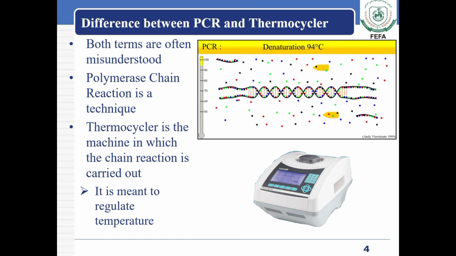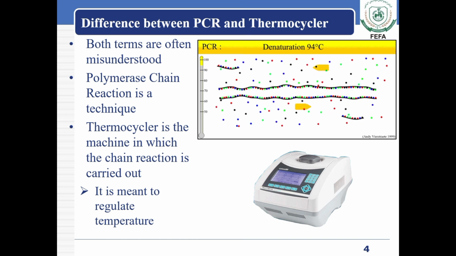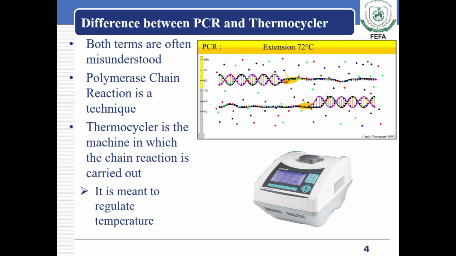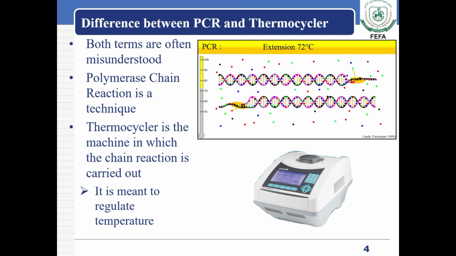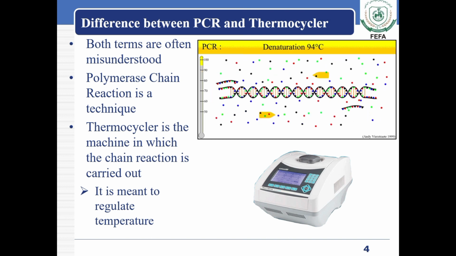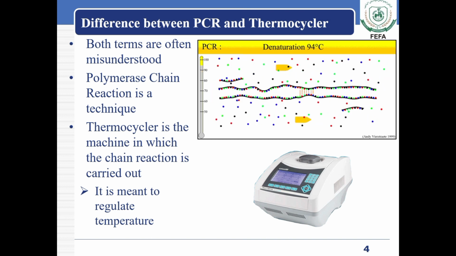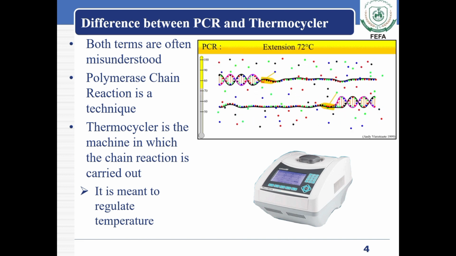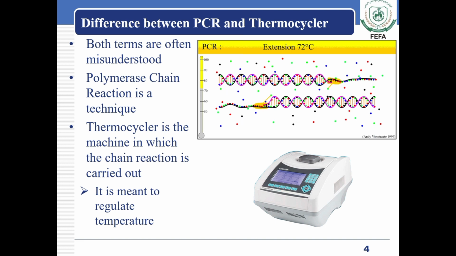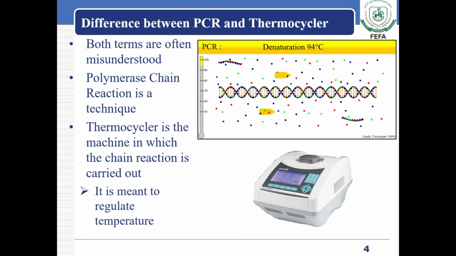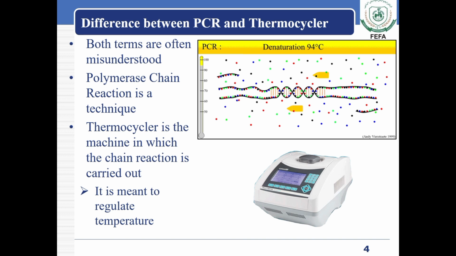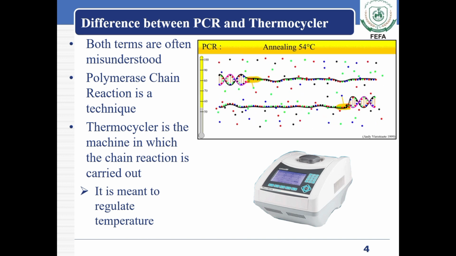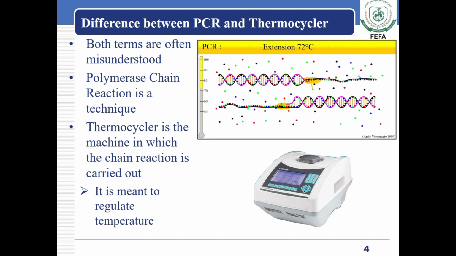Now we'll discuss the components or requirements of polymerase chain reaction. The first one is template DNA. Template DNA is also known as target DNA. It is a piece of DNA to be copied or to be cloned. The second one is deoxyribonucleotide triphosphate. These are the precursor nucleotides used as a raw material for the synthesis of new DNA fragments. It has 4 different types: